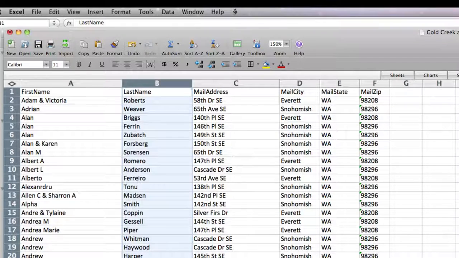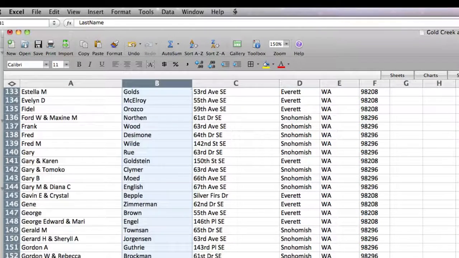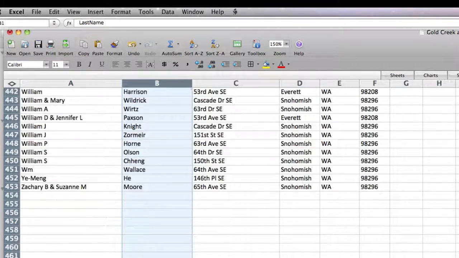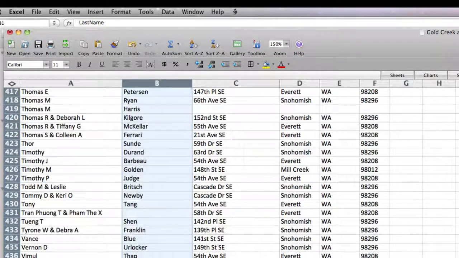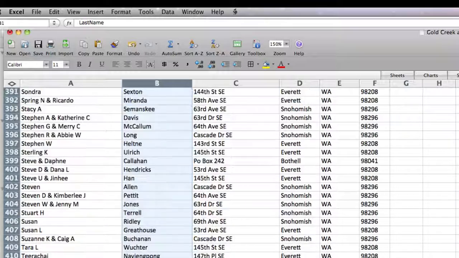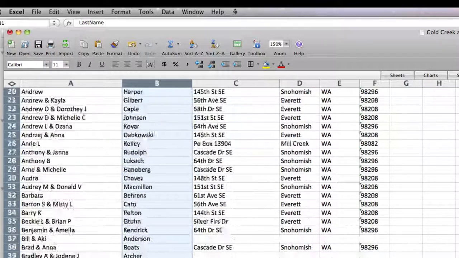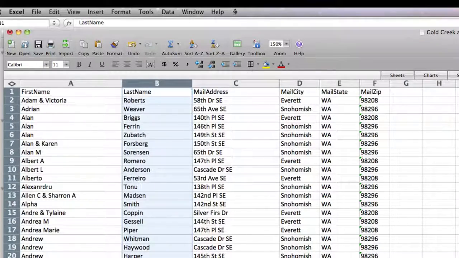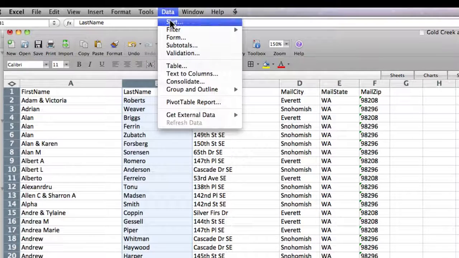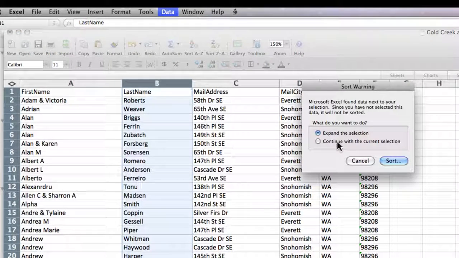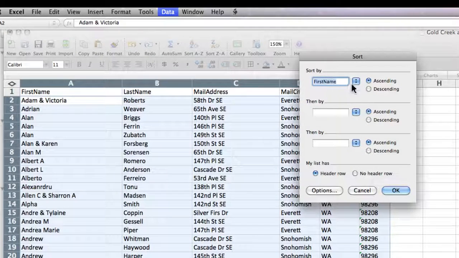and now I'm going to scroll down, get to the very bottom here, and there's names in all of them. So that really didn't help me, but I see that I'm missing some things, so I'm going to sort on the address field. So I'm going to sort on